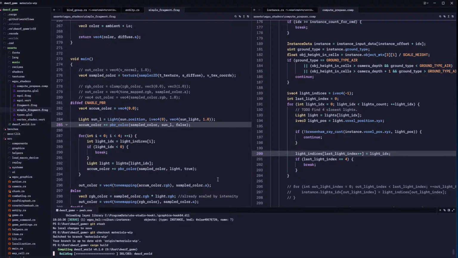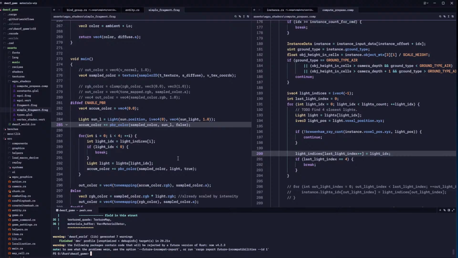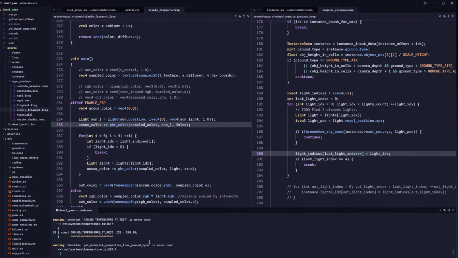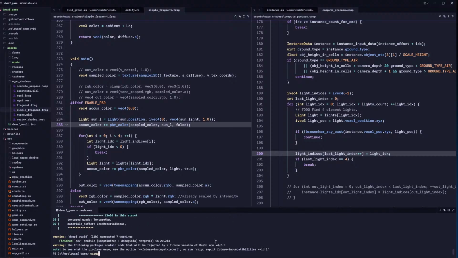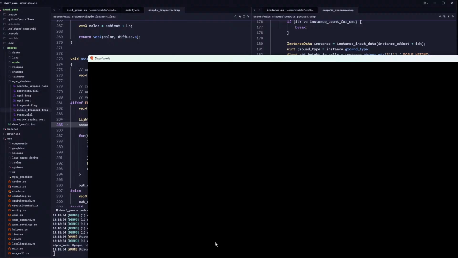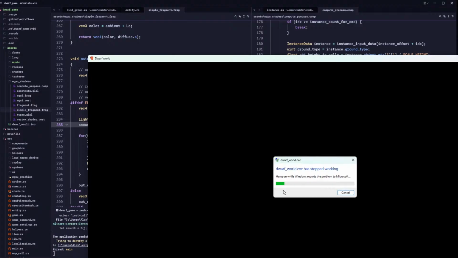Okay, so I have a work in progress branch, and I did a bunch of work on it today. So let's see what we have. Oh, it doesn't compile, great. Did it? No, it did. Oh, it did compile. I remember now where I left it at. It's compiling, but not really working